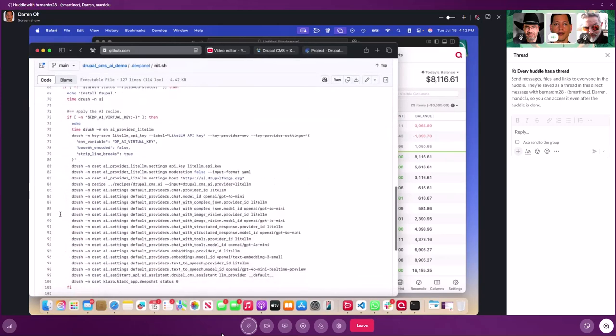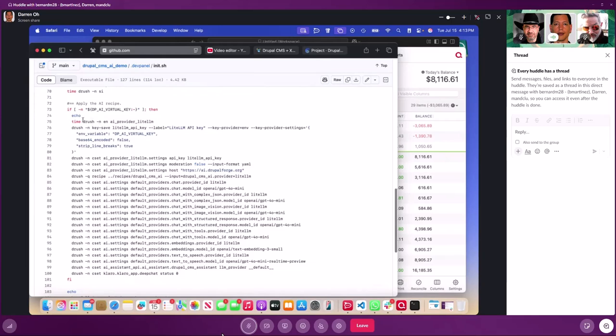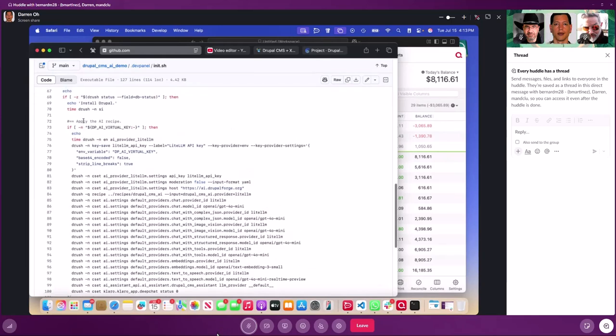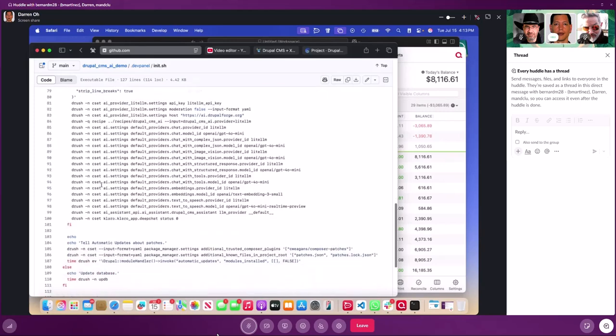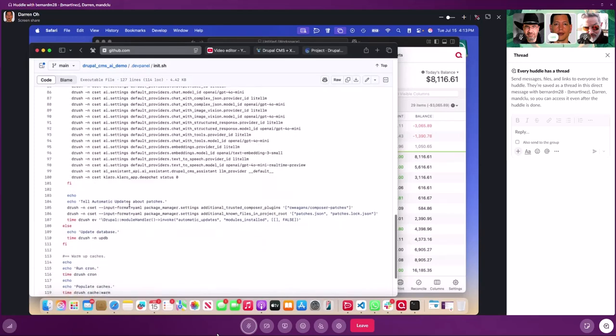So in the init.sh, it just runs drush si. Now, if you're not using a distribution, you'd need to append the profile that you want to install, and then we run Drush commands to do all the customization that we need to do,